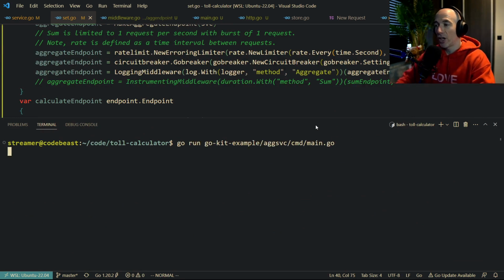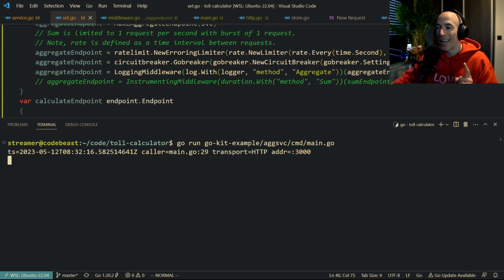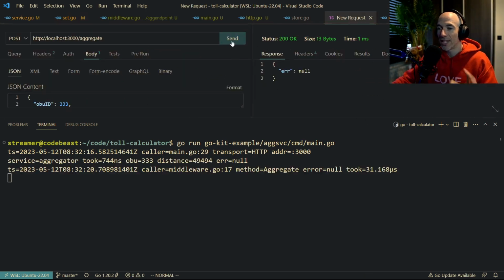So there's a lot of instrumentation, a lot of logging going on, which I like. Logging is always good. So if I send this, boom. So now you're going to see, we're going to call aggregate here. The error is null, and it took us that, right? And this is the business logic itself. Of course, these two loggers look a little bit weird because we construct another logger here. So if we want to fix that,